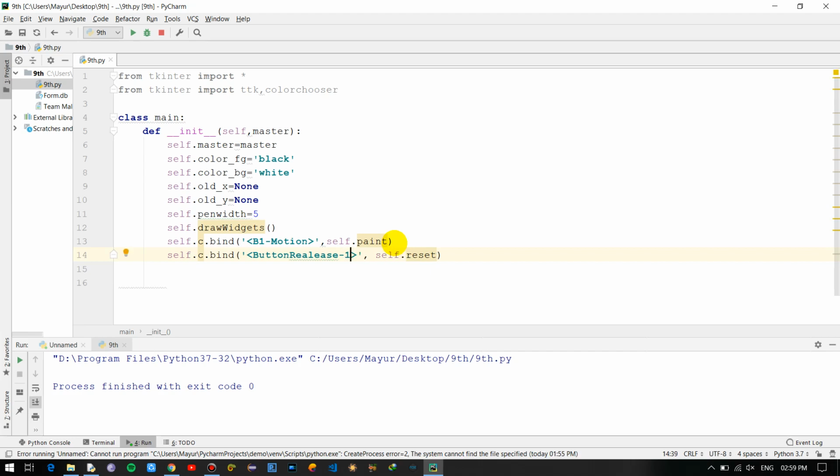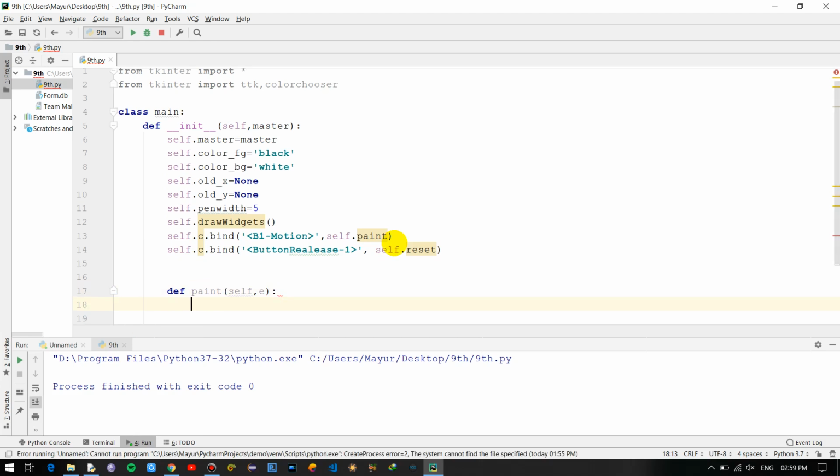Now we'll be moving into the motion of the pen that we'll be using on the canvas. So paint, self, comma e, colon, if